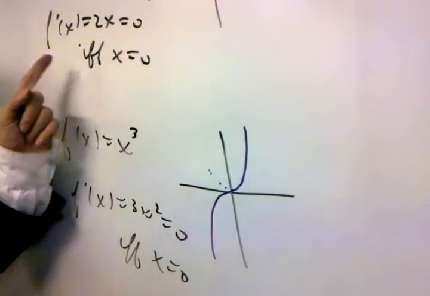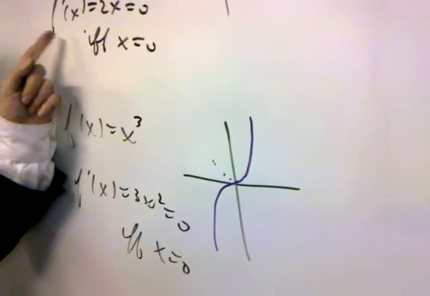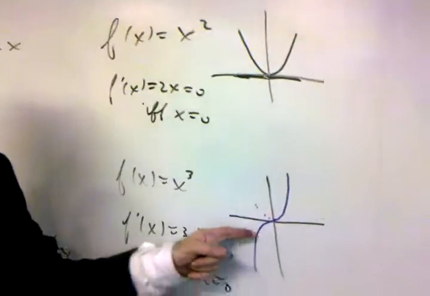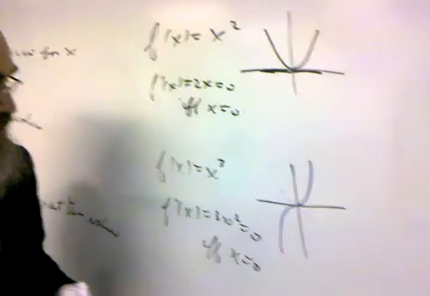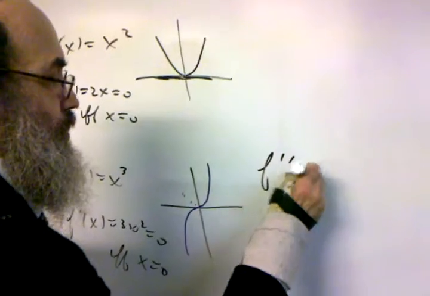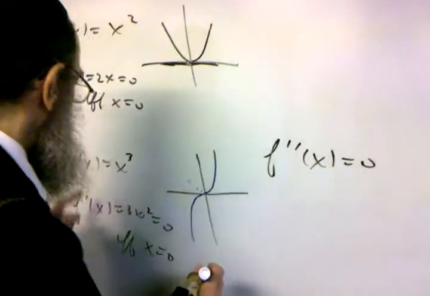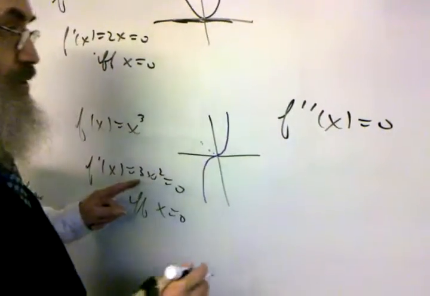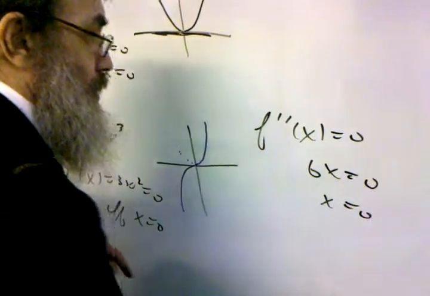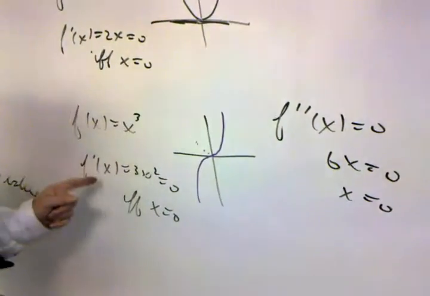Whenever you see f prime of x is 0, it does not necessarily mean it's a max or min. It could be something else, for example, a point of inflection. And the general test for a point of inflection is you want to look at where f double prime of x is 0. So what's f double prime? That's going to be the derivative. This would be 6x. So 6x equals 0. That means x equals 0. So if f single prime is 0, and f double